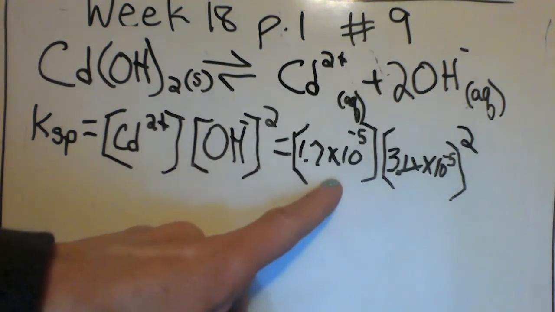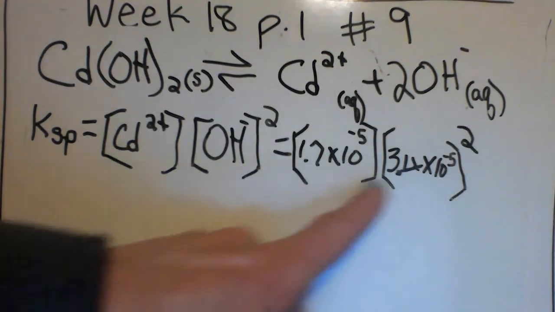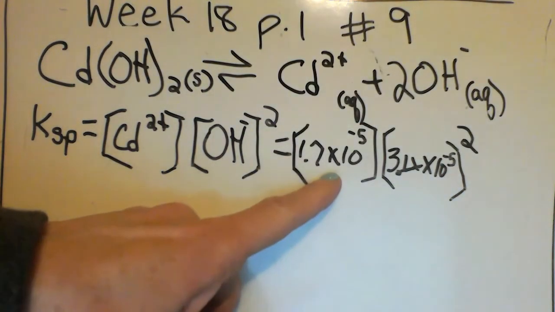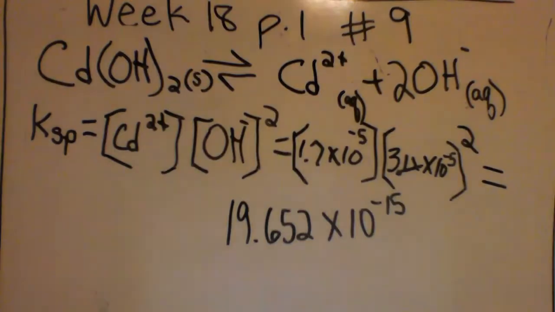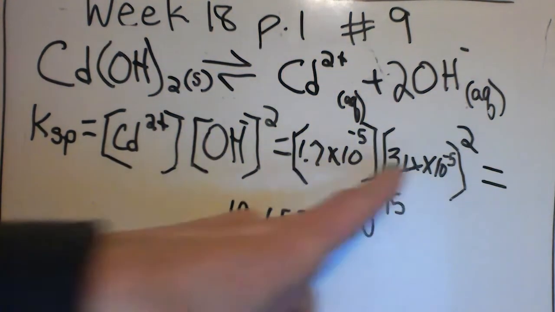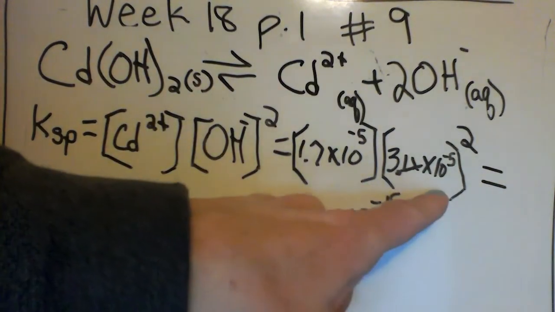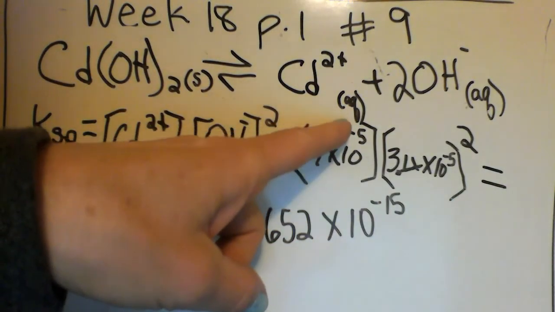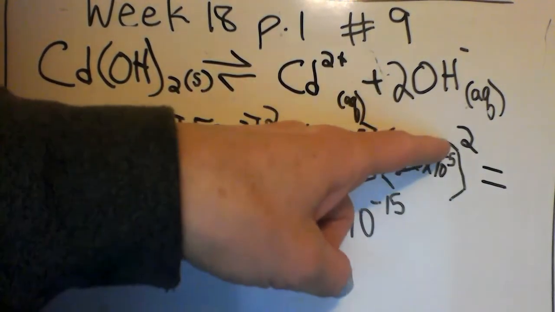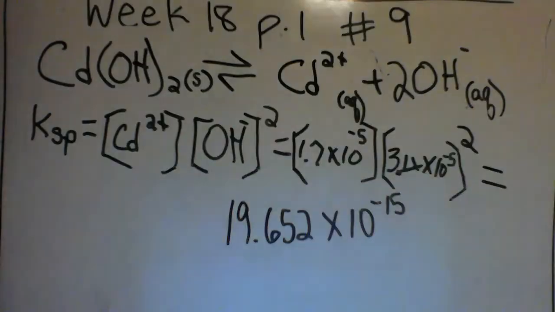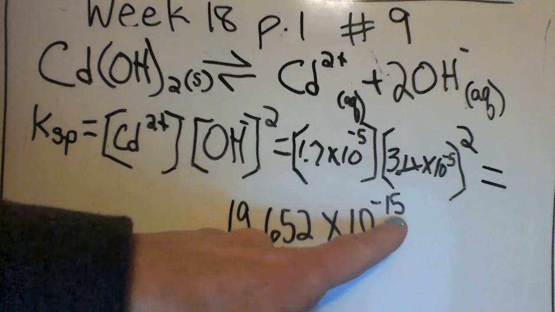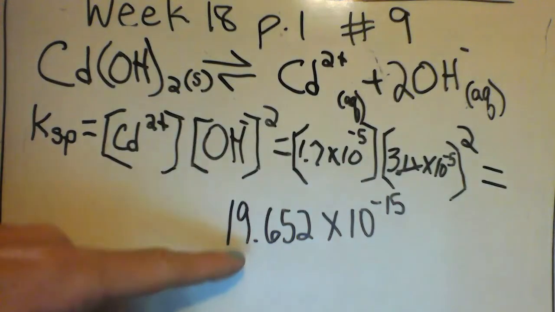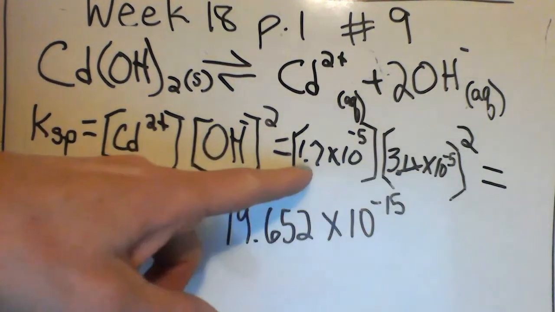Now that we know the concentration of both of the ions, we can multiply these using the calculator. Be sure to square this side before you multiply it by this. When we square and multiply exponents, we know that we add the exponents. So we add all of the exponents together, the negative 5 here, times the negative 5 here, times the negative 5 again. When you square it, you're going to have an exponent of times 10 to the negative 15th. When you multiply the numbers together, 3.4 times 3.4 times 1.7, you get